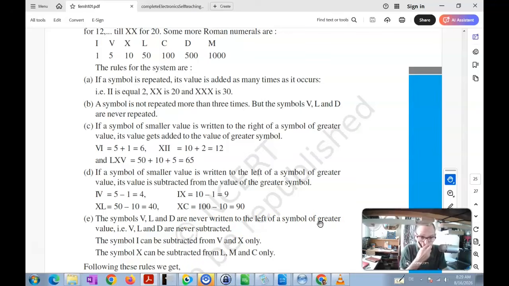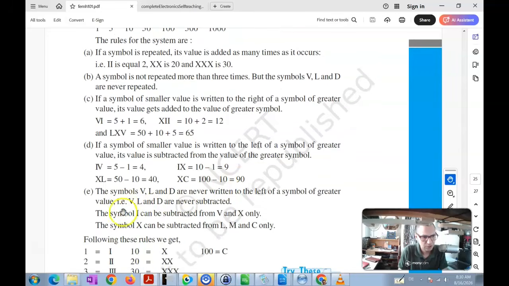As we saw, when you write a symbol to the left of another symbol of greater value, the value of that smaller symbol is going to be subtracted from the value of the symbol of greater value. Basically there is going to be subtraction, which means that V, L, and D are never subtracted. Okay,